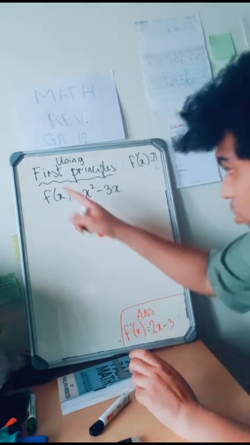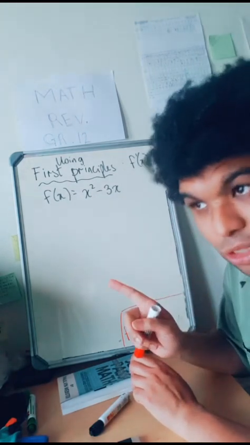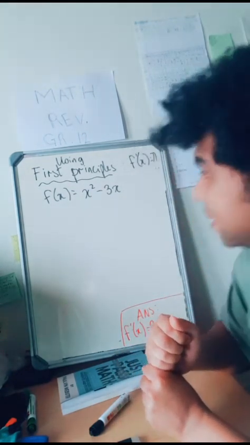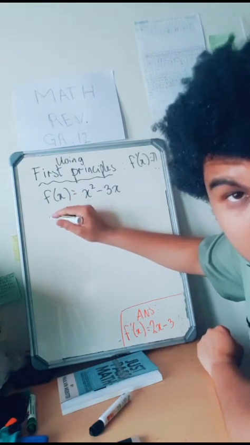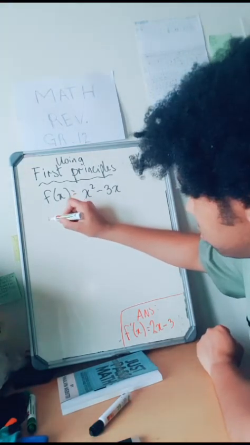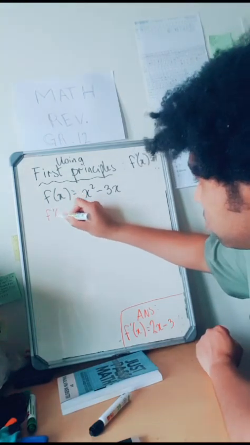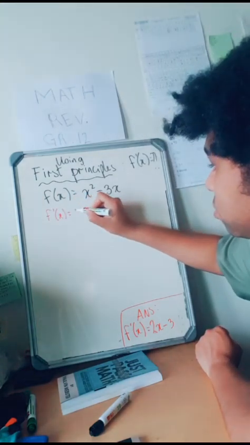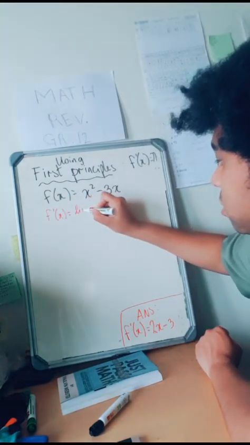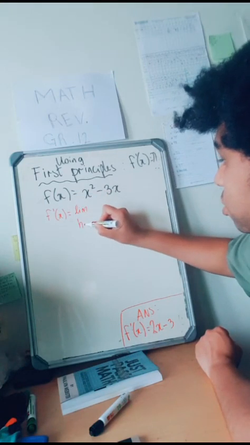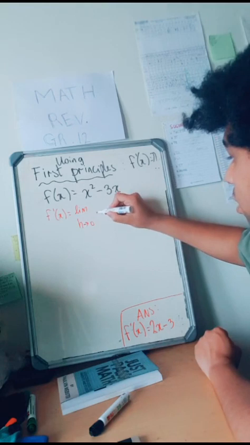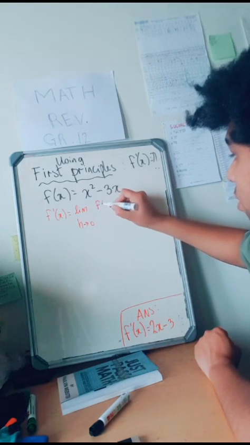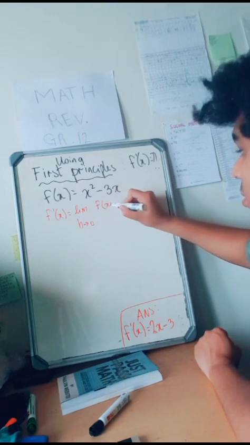formula here, okay? But for first principles, there's a formula that I need to use, which is, I'll write it really slowly because I think I'm going to need space. It's going to be f prime of x is equal to the limit as h goes towards 0 of f of open bracket x plus h